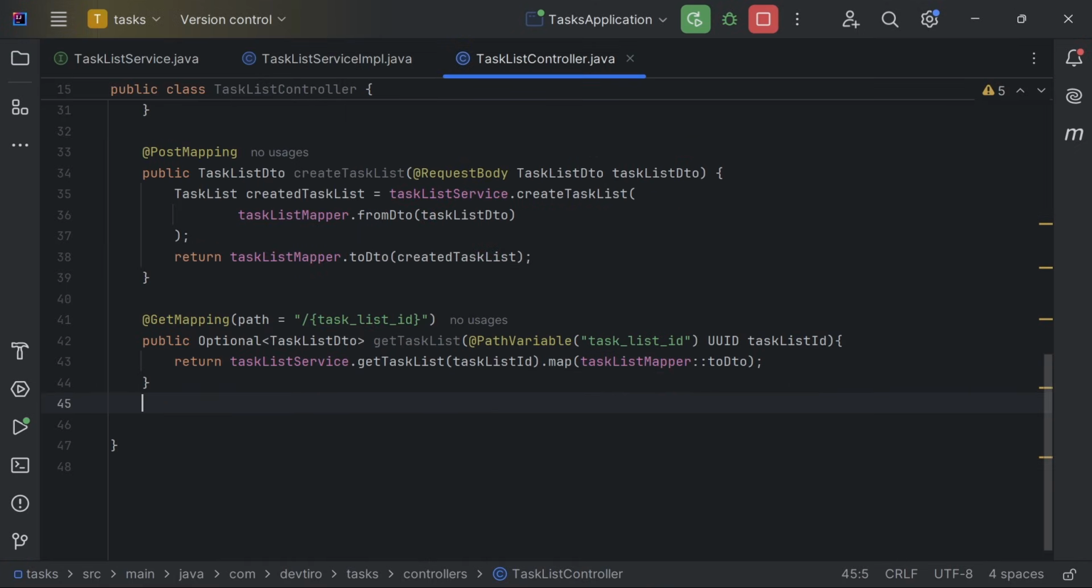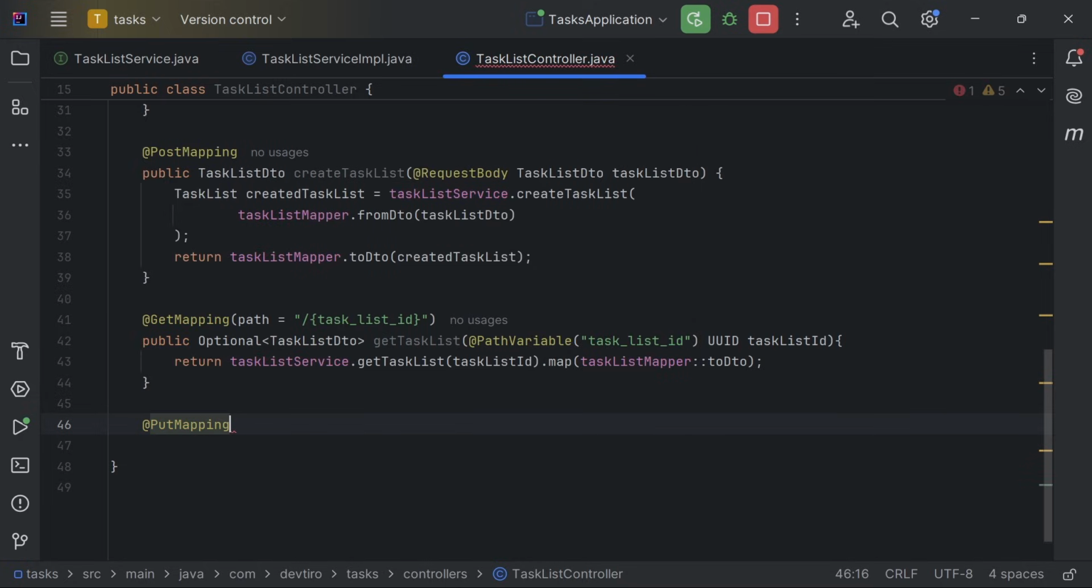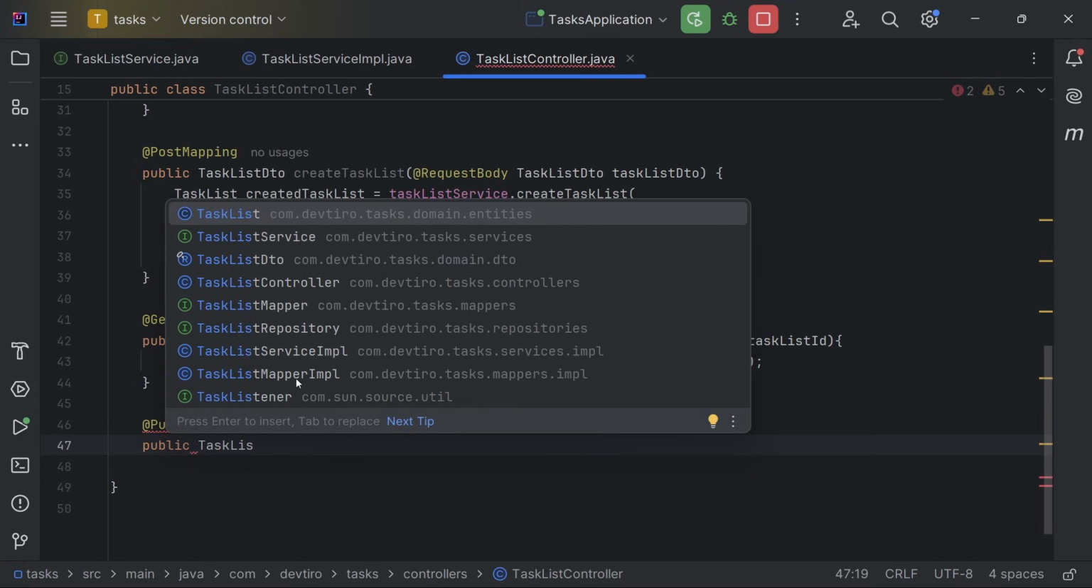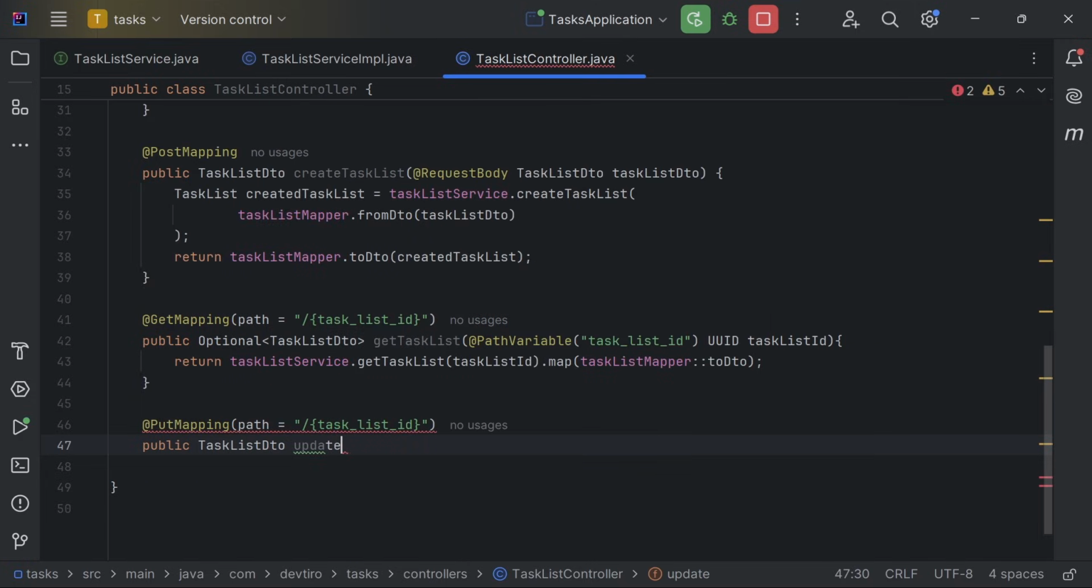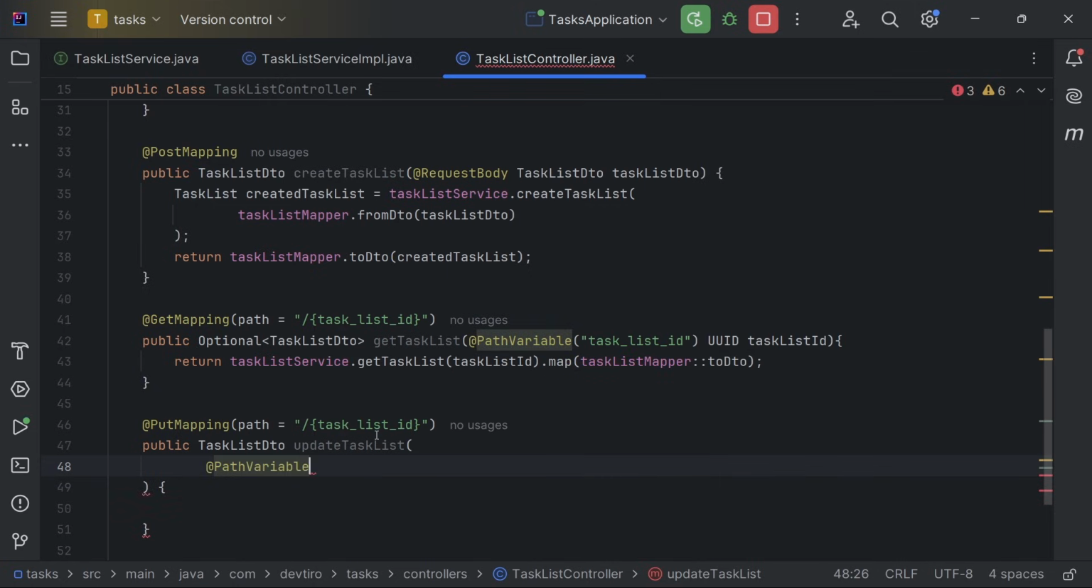So we'll need to add a new endpoint for this one, and we're going to use the HTTP put verb. So we'll say put mapping, and the path for this one will be task list ID. So we're specifying the ID in the URL for the task list that we're looking to update. So let's say public. This one's going to return a task list DTO, and we'll call this method update task list. Of course, we want to use that path variable annotation in here to access this value here,